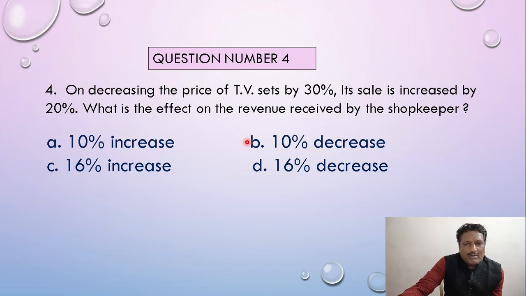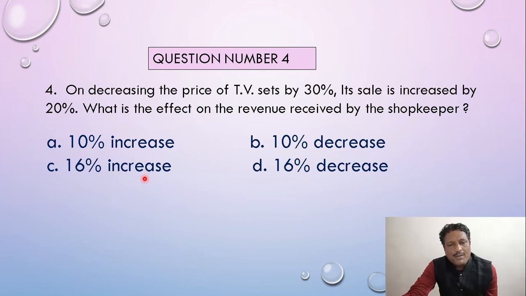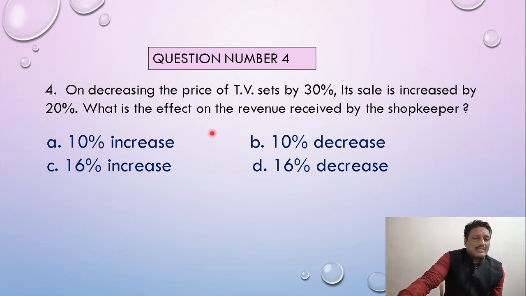If it is lagging behind 100, we should express the answer as lagging how much. If it is more than 100, we have to express how much it has been increased. Now we got the answer 84. If you compare with 100, it is less. So the answer is here: 16% decrease, not 16% increase. Okay. So each time we had considered 100%.